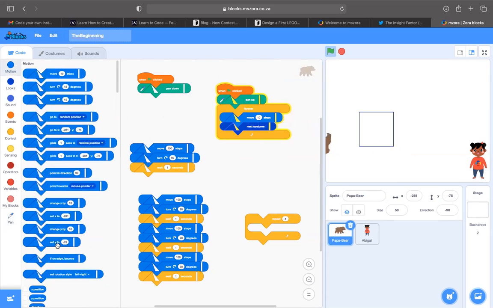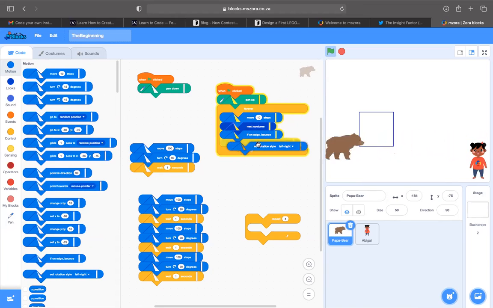We can select if on edge, bounce. Then you'll see that our bear still keeps going upside down, and we can say set rotation style left to right, and it is going to correct all of that. So that is how we can use a loop, that is how we can use forever. That bear will just continue moving until you stop your program.